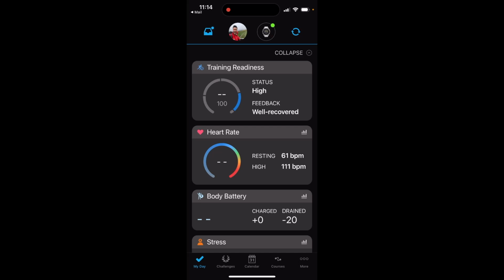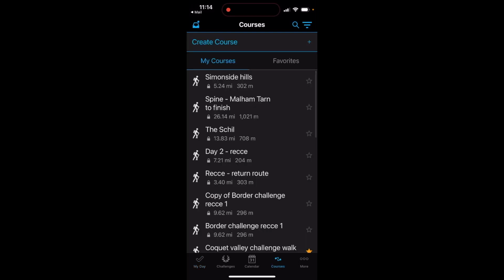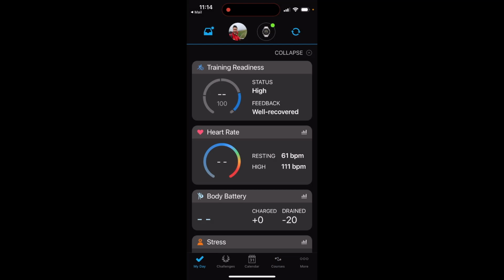Final tip I'm going to show you on the iPhone, you'll see at the bottom of the screen I've got the icon courses. We've got My Day, challenges, calendar and courses. That lets me go back and look at any courses that I've sent to the phone. Now as default you don't have that courses tab at the bottom ribbon, so to add that to the iPhone